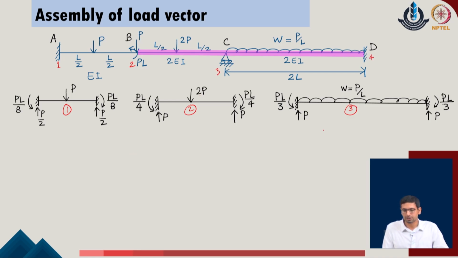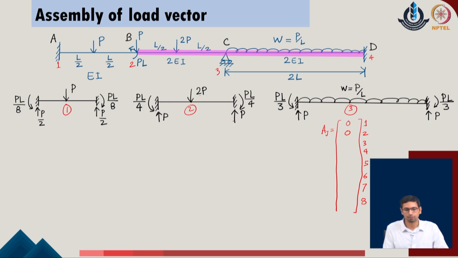So, one can easily first break down that the joint forces can be located in the given problem, and the joint forces corresponding to these 8 degrees of freedom can be located as 1, 2, 3, 4, 5, 6, 7 and 8. So, I will go with joint 1. The 2 degrees of freedom there do not have any joint load directly active here, so the values are 0. We must recall that A of j refers to the loads which are directly active at the joints of the given problem. So, they are not part of the member load, but they are the directly active joint loads in the given problem.